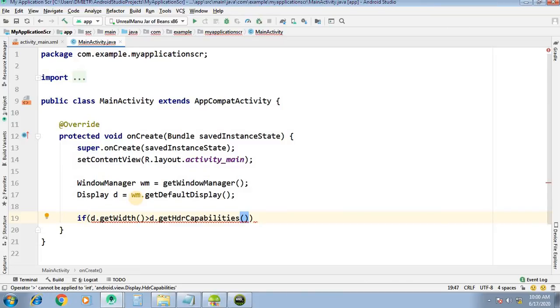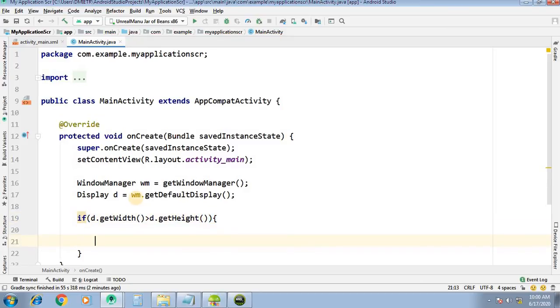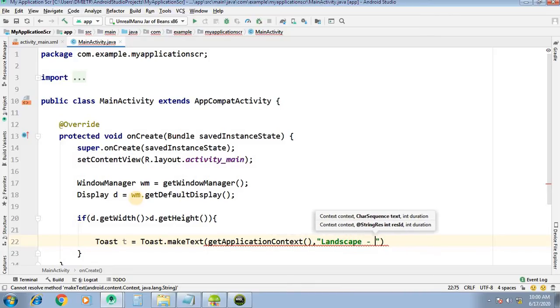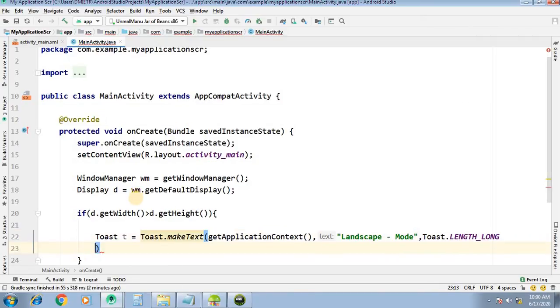If this is the condition, in Toast, import with Alt enter, getApplicationContext, message landscape mode, length is long and t dot show.